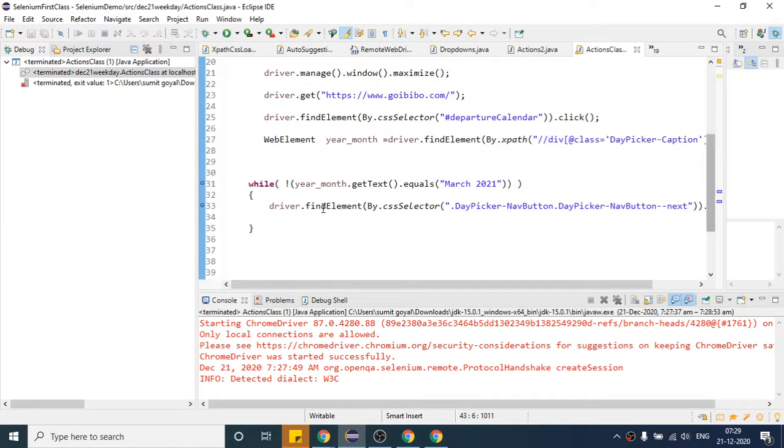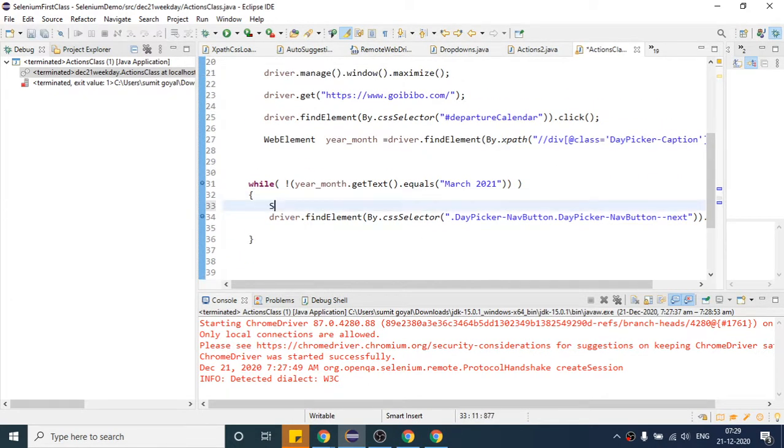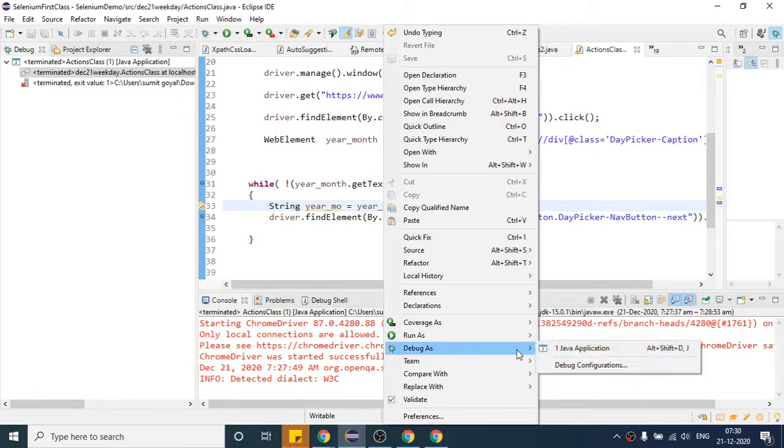If I show you here, I will write String yearMonth equals to, so that we can see what is the text it is getting every time. Debug as Java application.